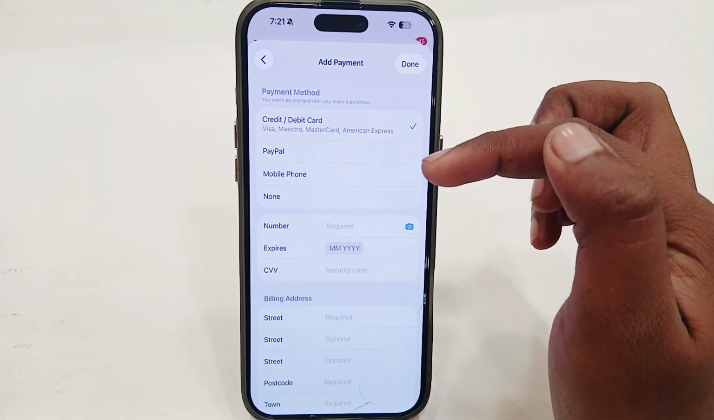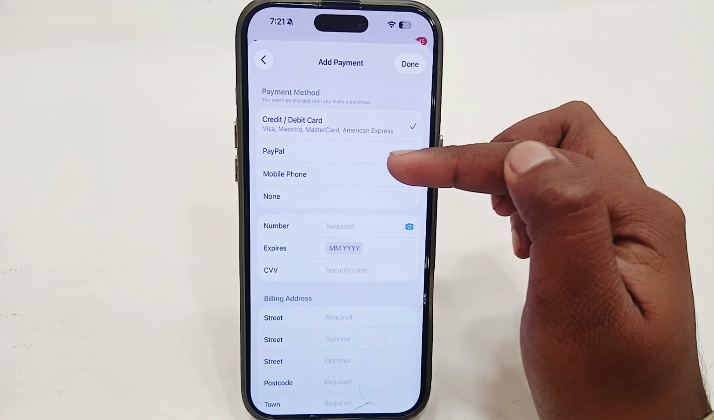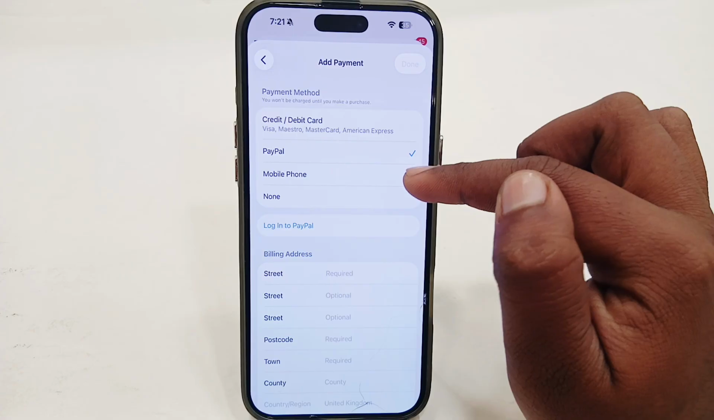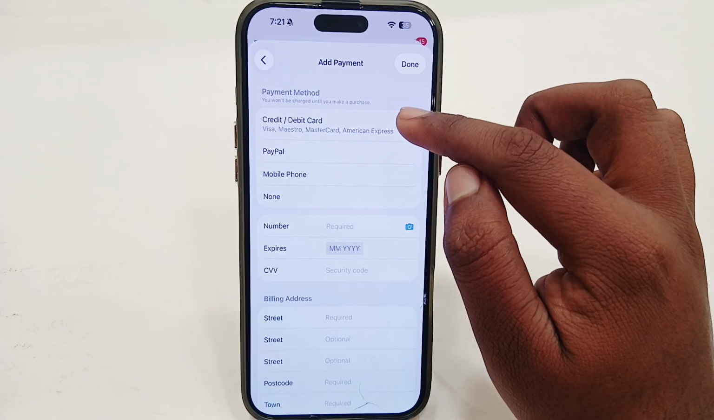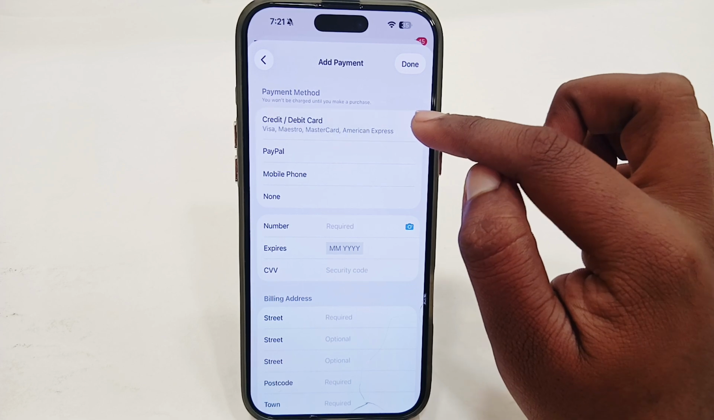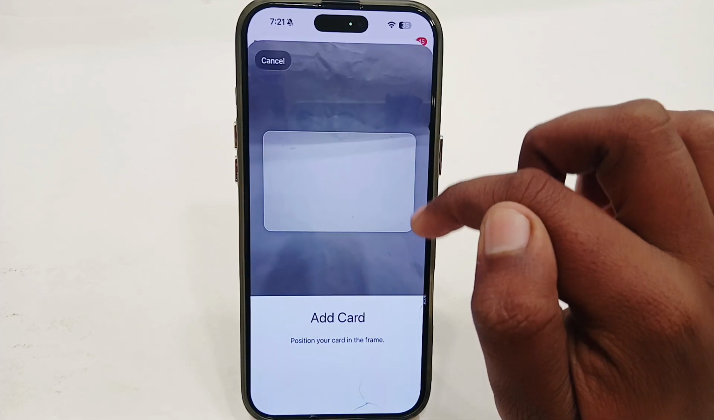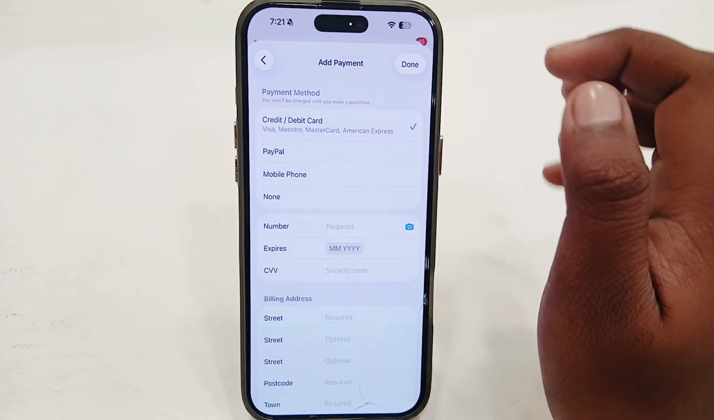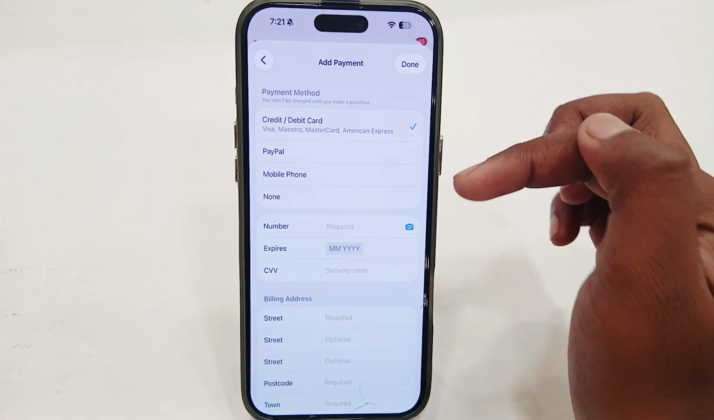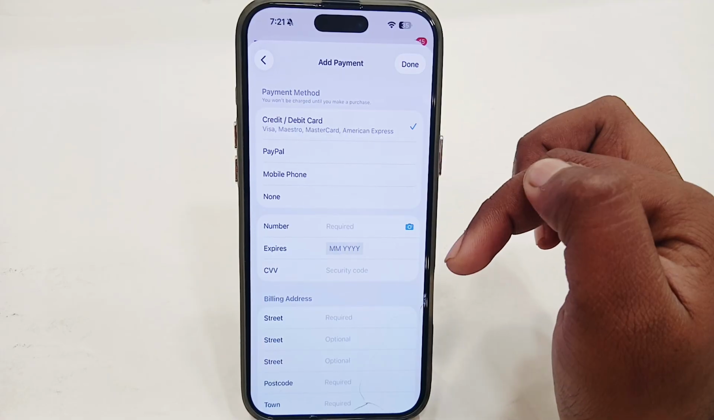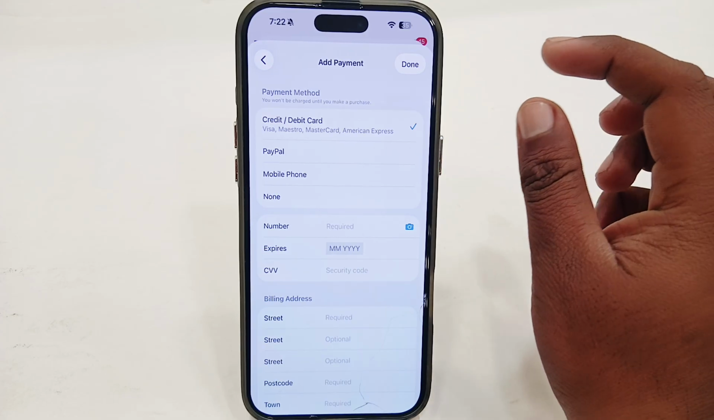So we just have to make sure that the card you have selected is correct. If you're adding your PayPal account, just select your PayPal account from here. If you're adding your mobile number, just select this one. Or if you're using your credit or debit card, just select this from here. After doing this, the best way is to use this camera icon to scan your card. It will automatically detect all the information of your card and add it to your Apple ID. Or you can add your credit card number as it is written on your credit